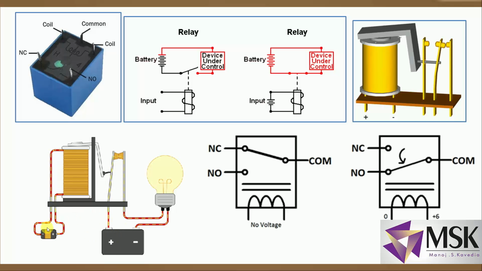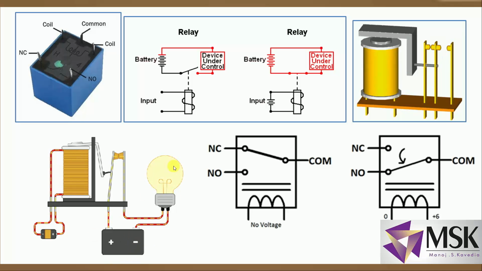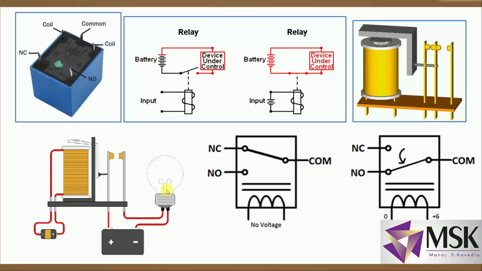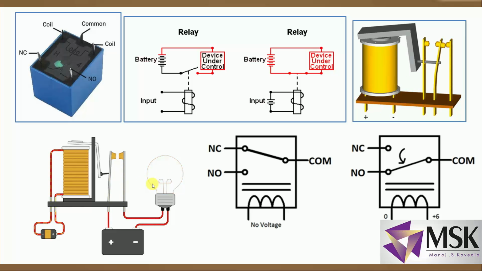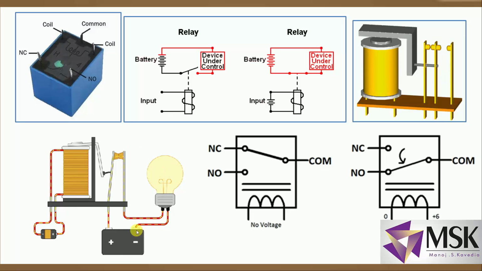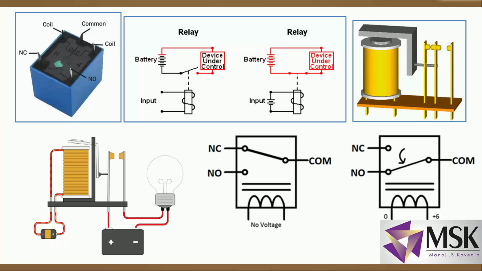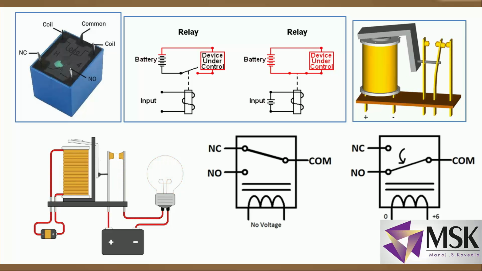Here in this animation you can see there are two batteries shown. One battery is driving this coil and another battery or the supply is driving this bulb. So whenever this coil is energized, this plunger moves down, this makes the connection and the device turns on. Now see, this is open, device is off, and when it is closed, device is on. Open, device off, closed, device on. Now this can be a high voltage and this is a low voltage. Now here I have shown a battery, but here I can use a programmable device also. We'll be seeing in future videos how it can be controlled.